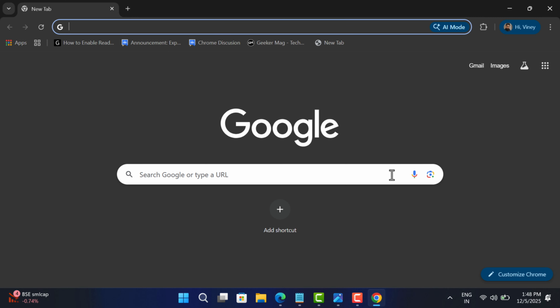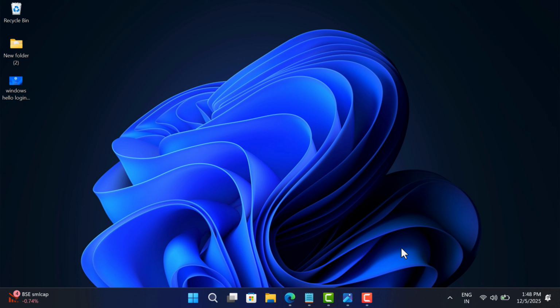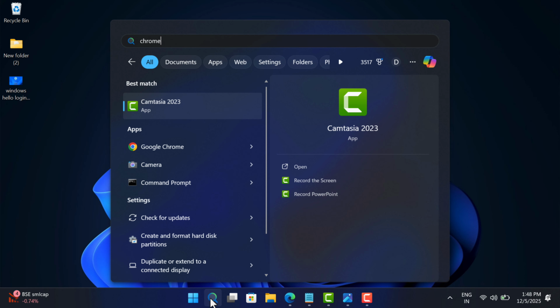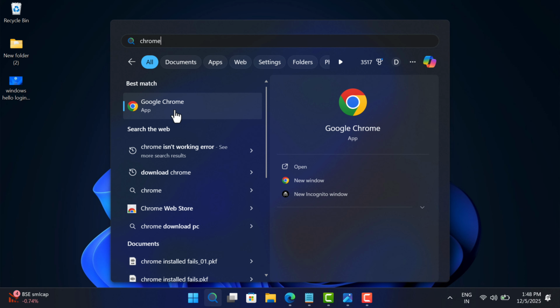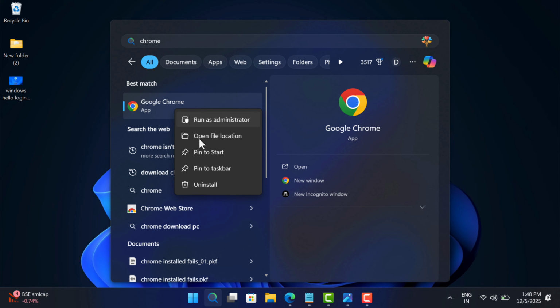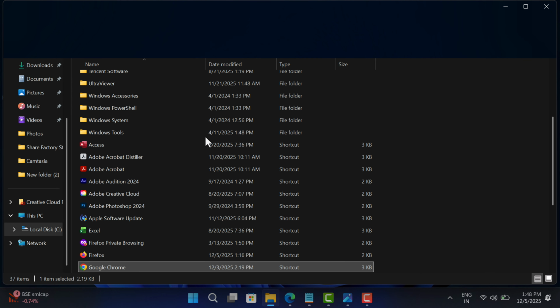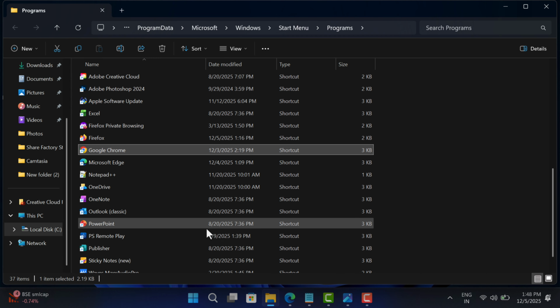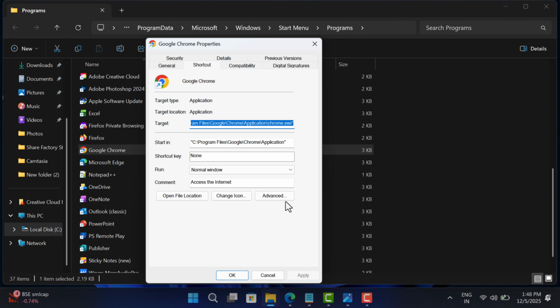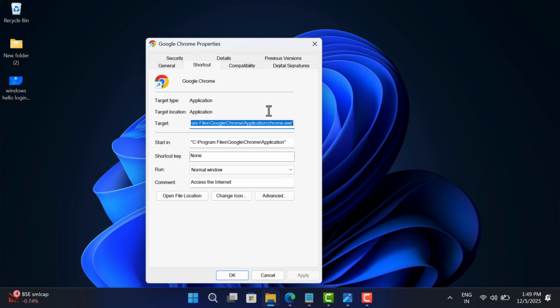Before you start following the process, make sure the Chrome browser is closed and it's not pinned on the taskbar. Next, click on the search icon and type Chrome. When it appears in the search results, right click and select Open File Location. Here, locate the shortcut for Chrome, then right click and select Properties. In the Properties window, head over to the Target section